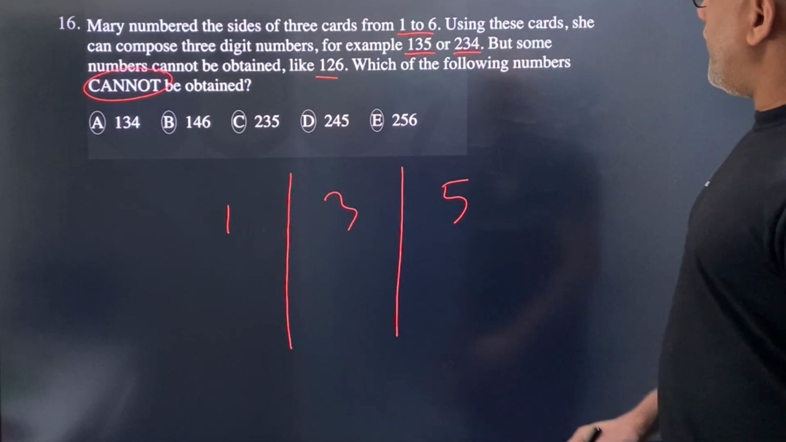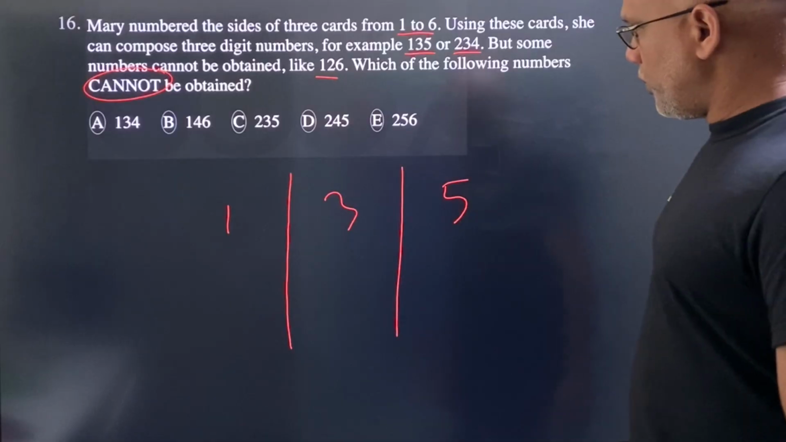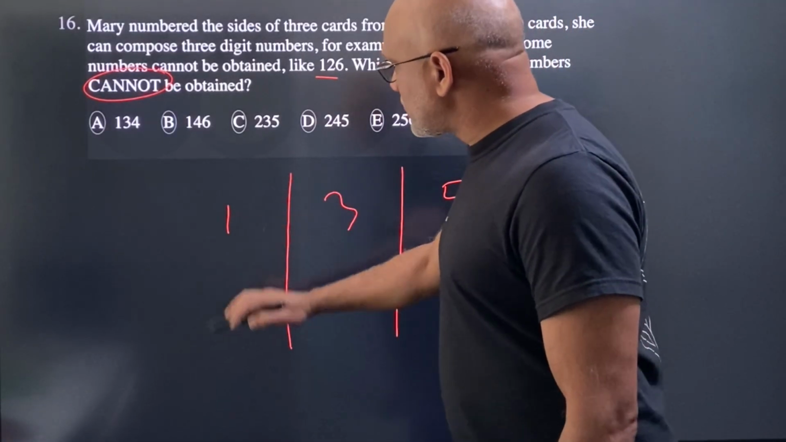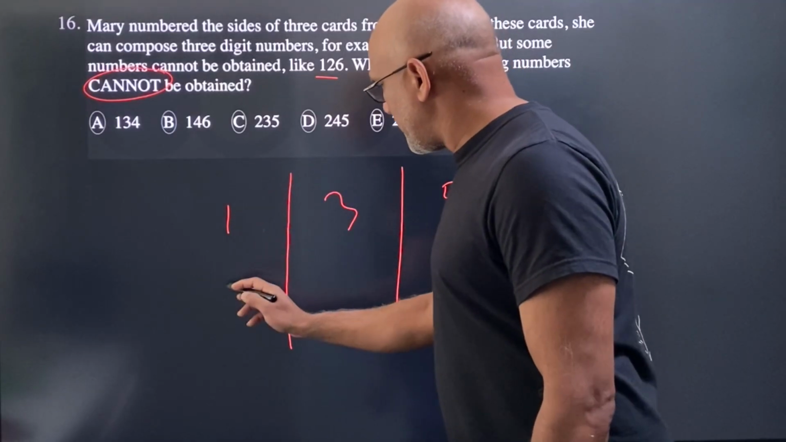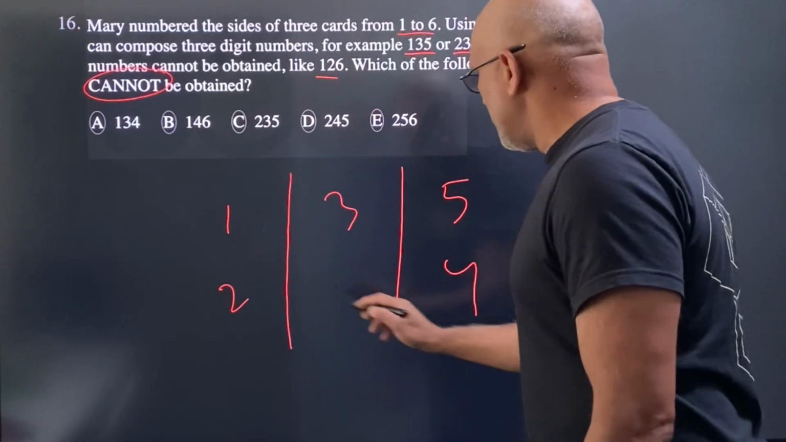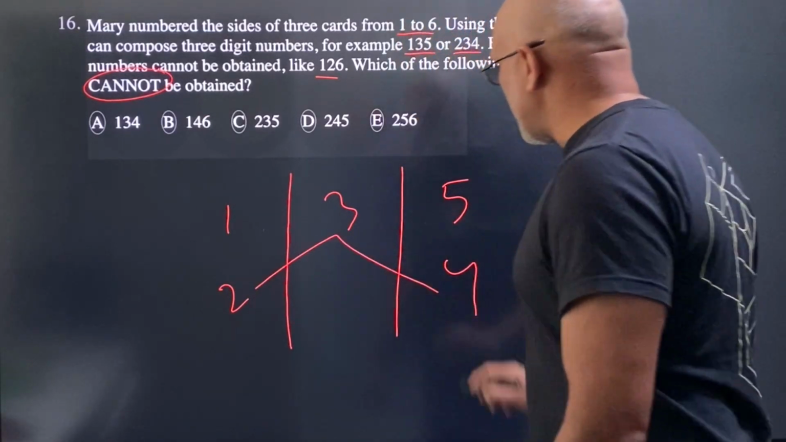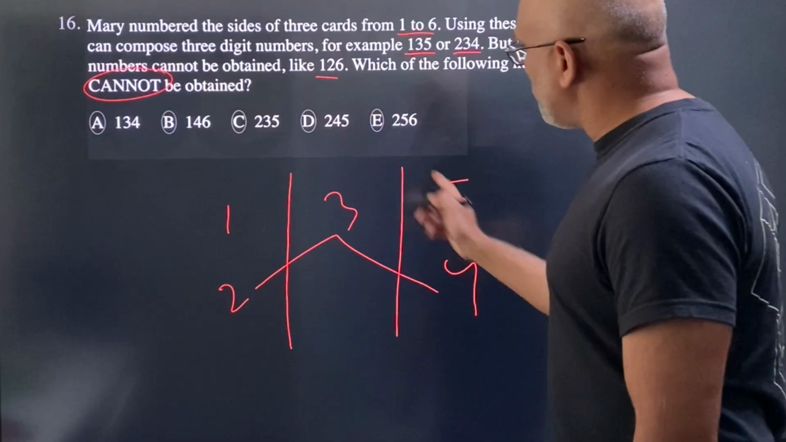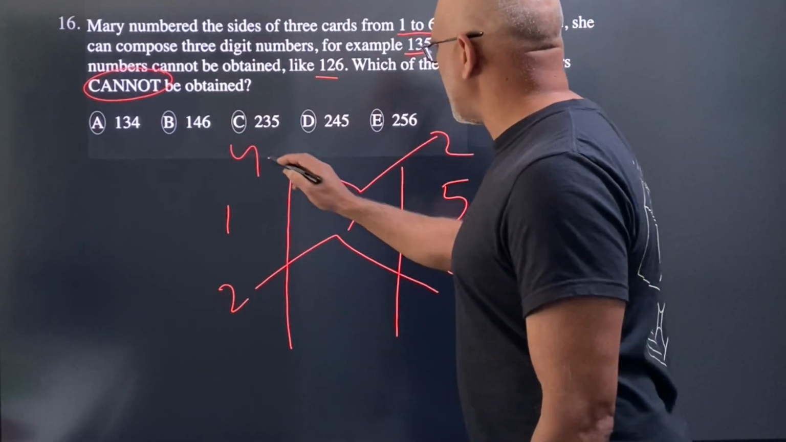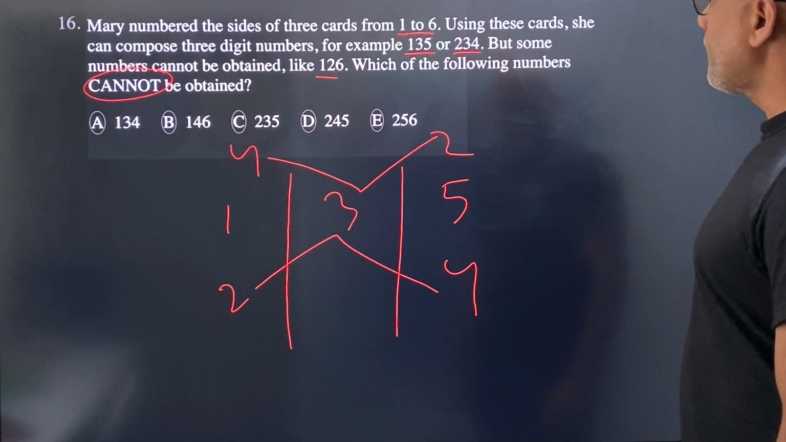Okay, I can also make 2, 3, 4. So I'm going to write down the 2 sides of the card here. So if I make 2, 3, 4, I can make 2, 3, 4 like this, or 4 can be on this side, 2 can be on this side too. So I can also make 2, 3, 4 like this. Okay, but